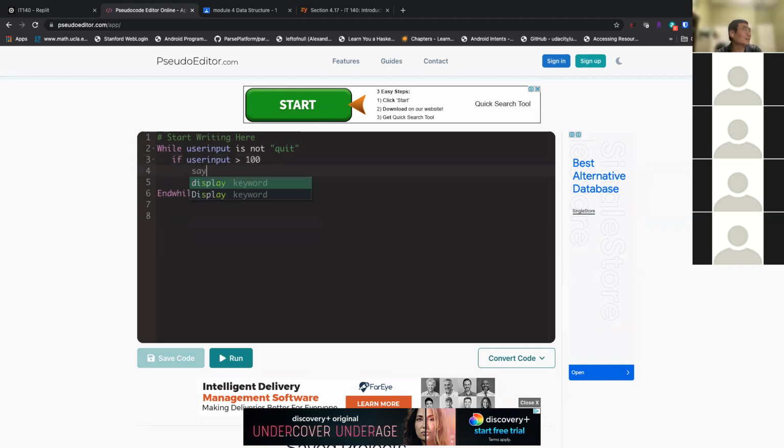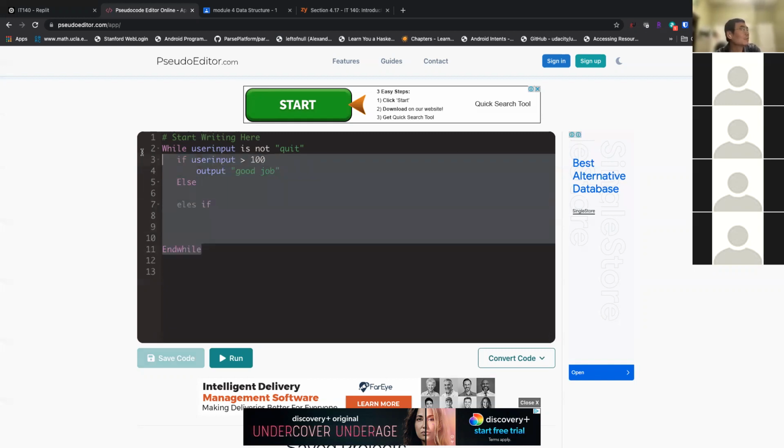You want to say output, good job, right? And maybe else, and else if. Yeah, I think that syntax highlighter is pretty good.